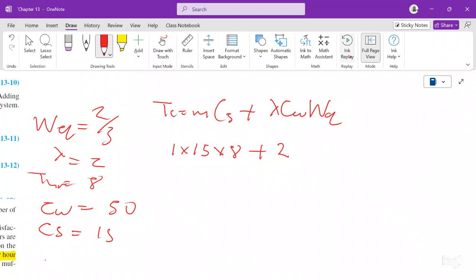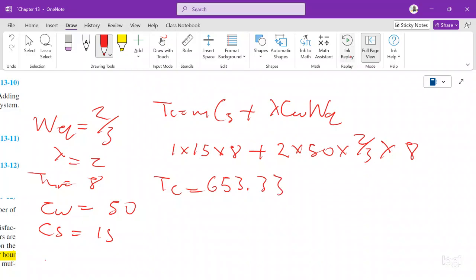We have the cost of waiting, which is 50, times how long are you waiting? You're waiting for 2 over 3, times how long are you working? You're working for 8 hours. TC is equal to 15 times 8 plus 2 times 50 times 2 over 3 times 8. Then you get your answer as 653.33. Okay,